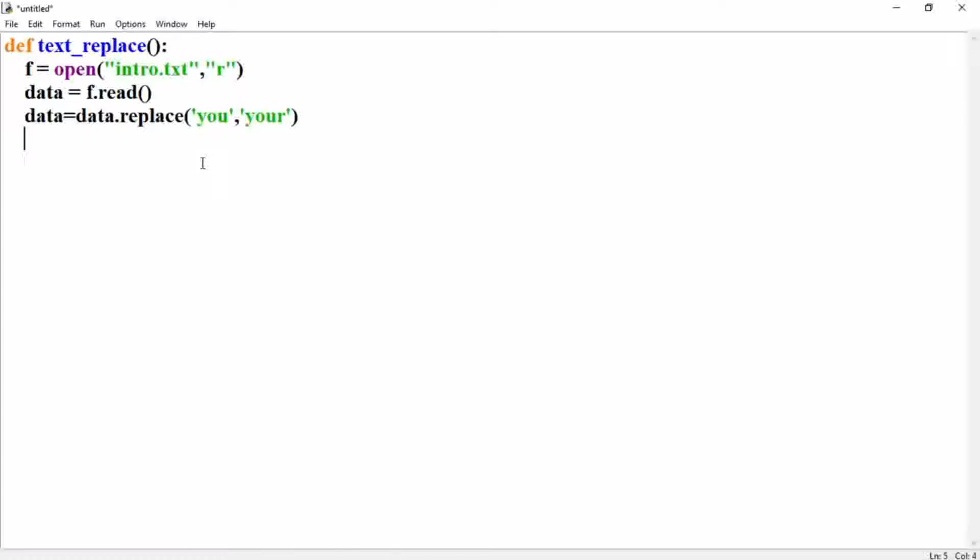Here it should be replaced. Now f.close this file. Here we have simply stored our data. Let me check, print data. First you check that, and then we will replace this in our original file.